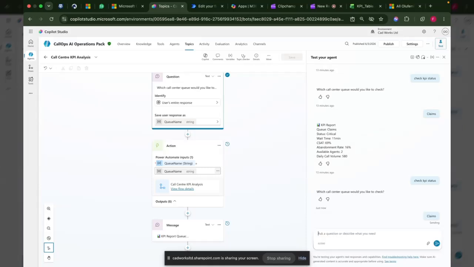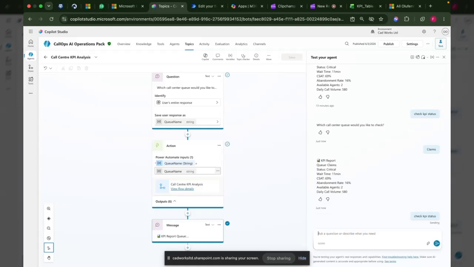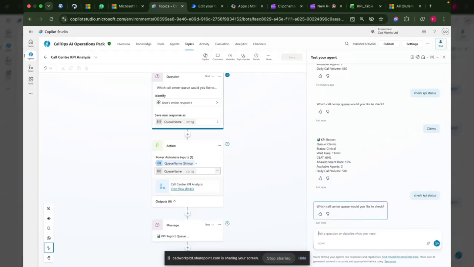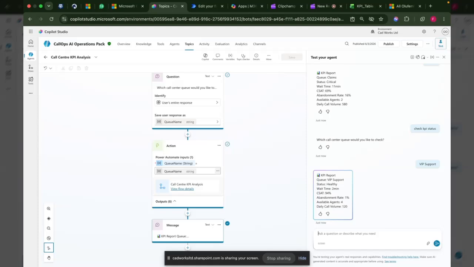And immediately I enter claims, it also brings a KPI report, which you can see. I will also check again, check KPI status, and it will respond again to me asking which center I want to check. I will say check for me VIP support, and I will run that, and my agent will also respond, and